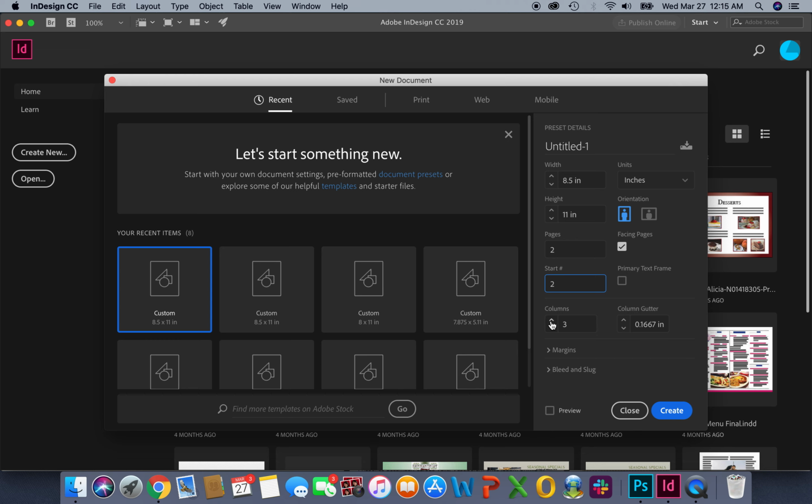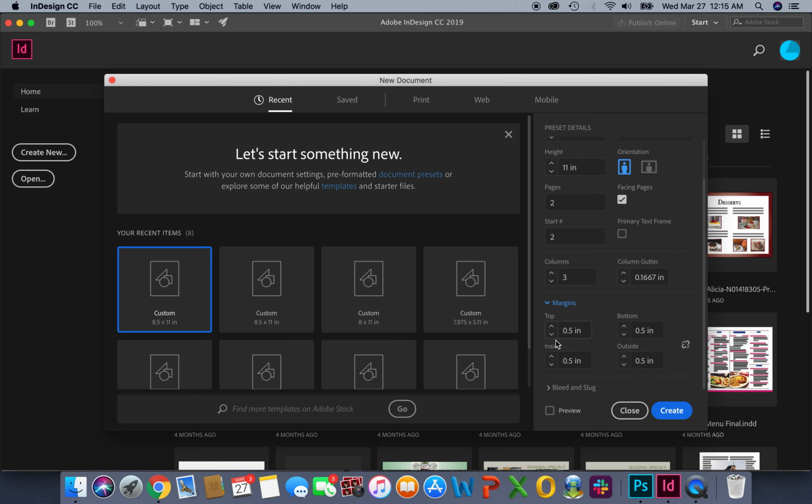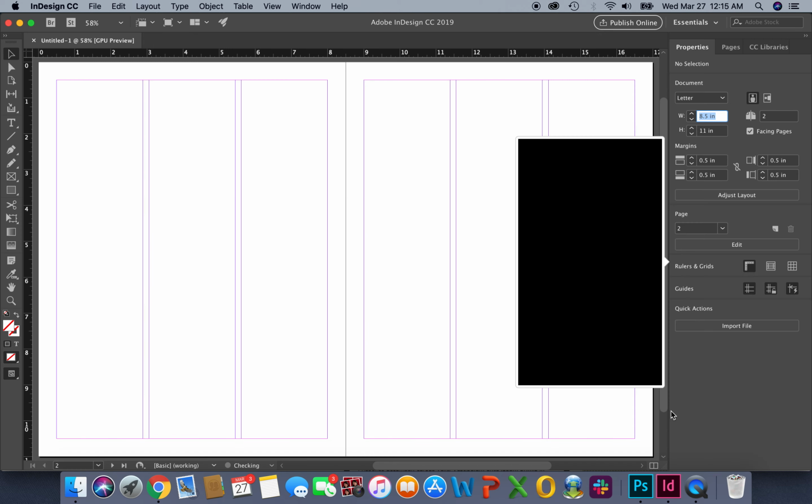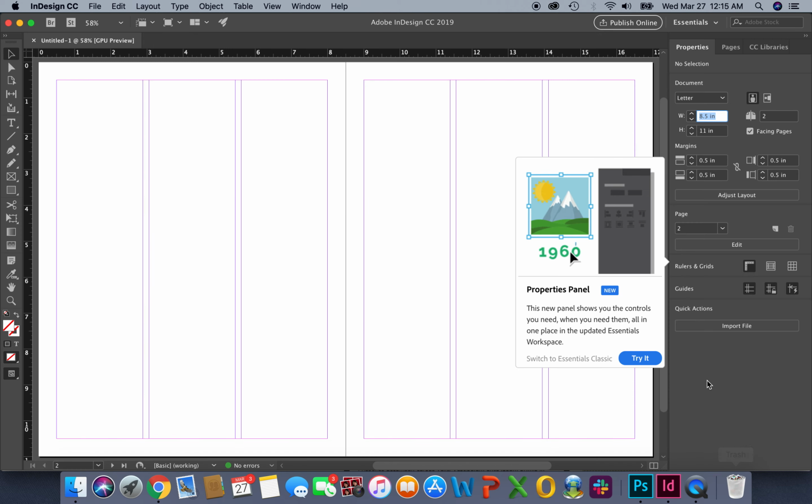for this project we need either 2 or 3 columns. I'm going to go with 3. I'm going to leave the column gutter as default, and then I'm going to leave my margins at 1/2 inch. And then I'm going to click Create, and it's going to give me